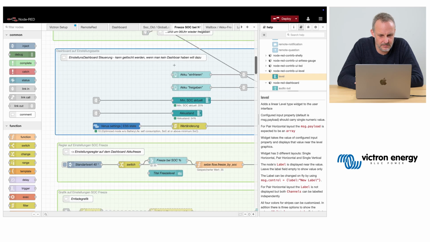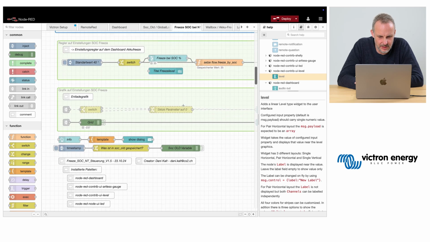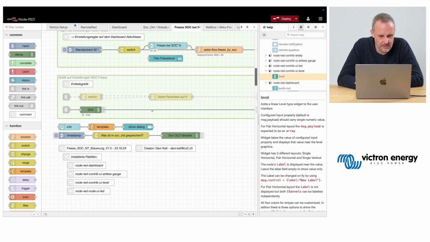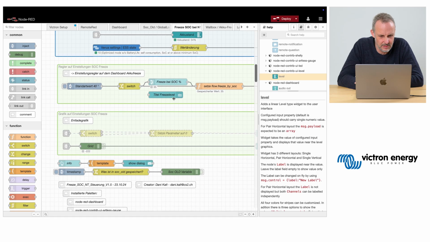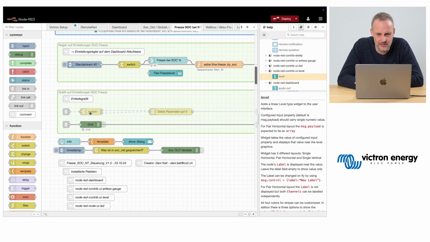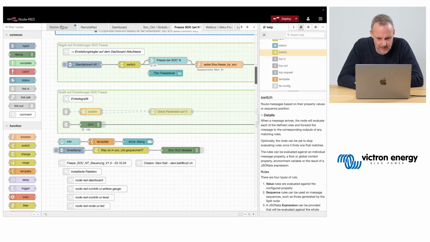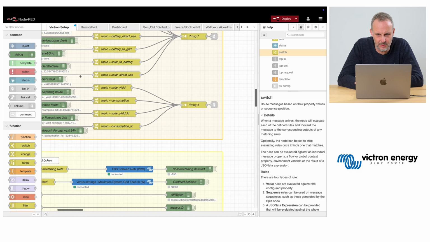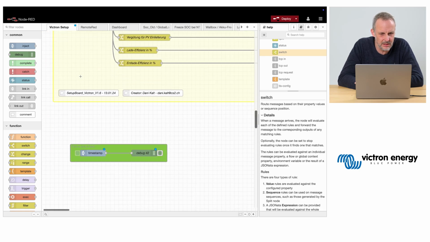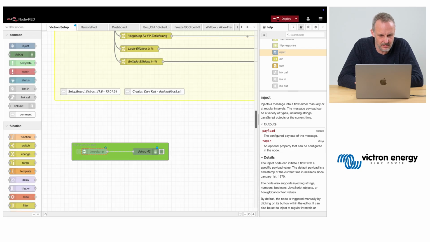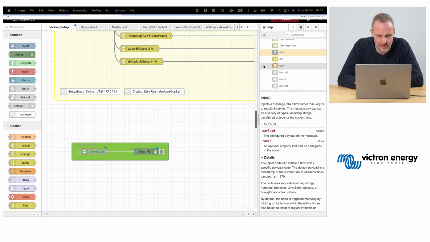Do we have anything special which I haven't checked yet? Oh yeah, you see here, this has part of the flow disabled. If you double click it, you can also disable just a single node part. I added one here below. So for this one, you can disable this part.